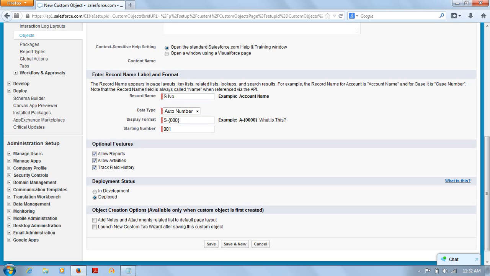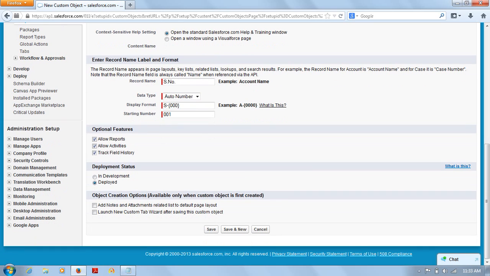Okay, the next one is deployment status. In this you have two different options, like in development mode or in deployment mode. You have to select deployed only because you are developing your custom applications. Okay, the deployment mode status is deployed,